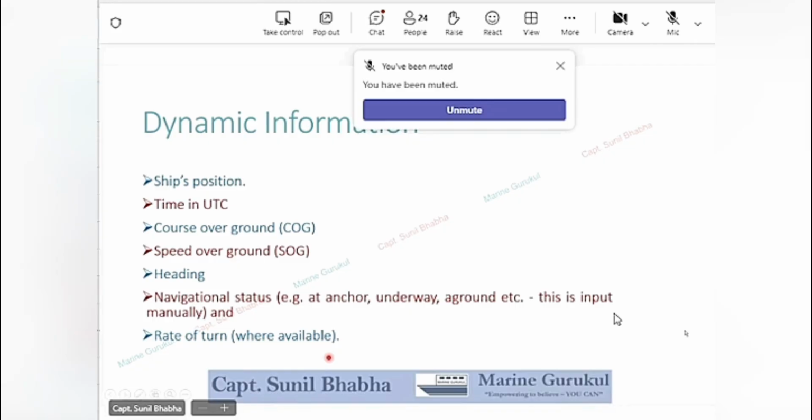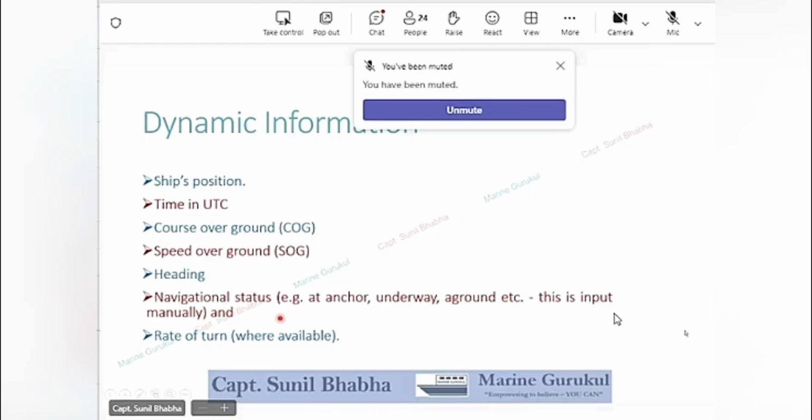transmitted and received. The navigational status is also important from the point of view of transmission, because the frequency of transmission means after how much time a new data packet should be transmitted by a particular station. It also depends upon the navigational status of the ship.